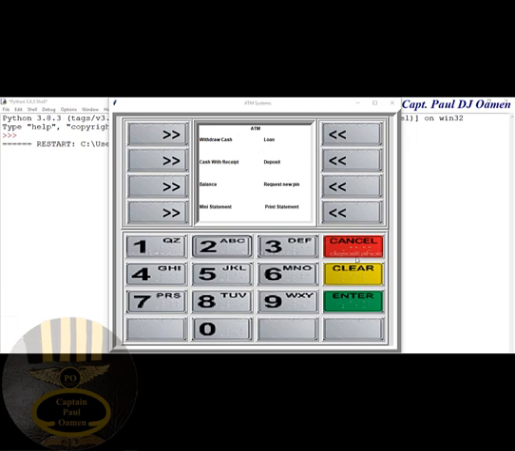Right, so we can always cancel to exit out, or we can just click on play. And let's log on with other details in here. This is invalid details. There we go, the system will refuse it. We play it out and let's enter something that might be valid. There we go. Now we can check the balance. That's the balance we have in there,